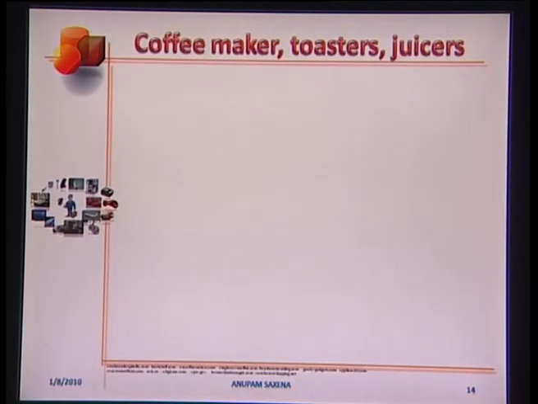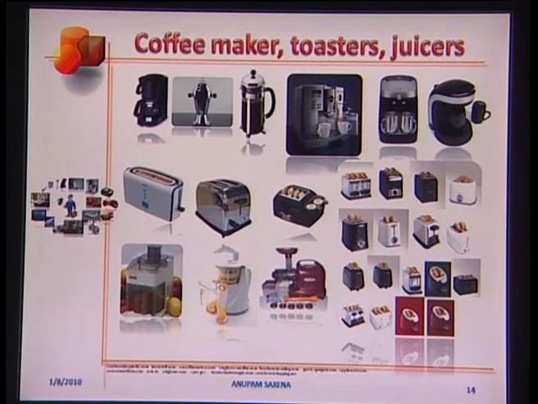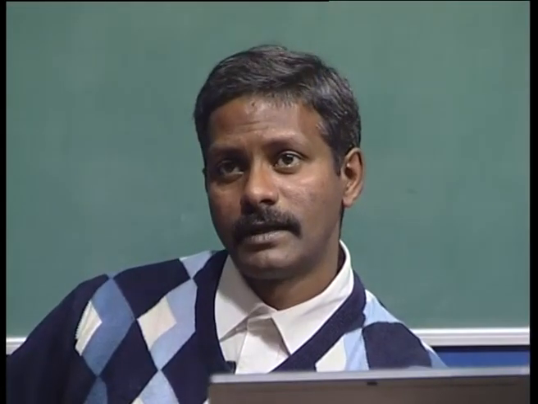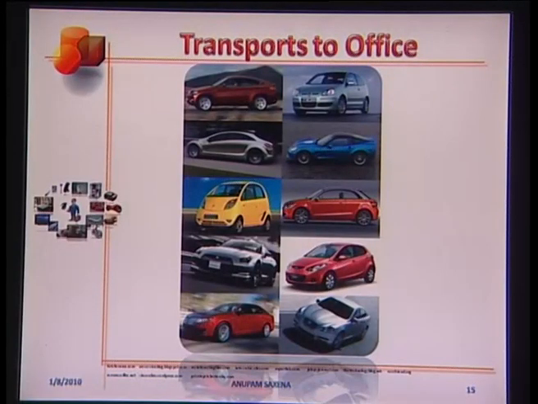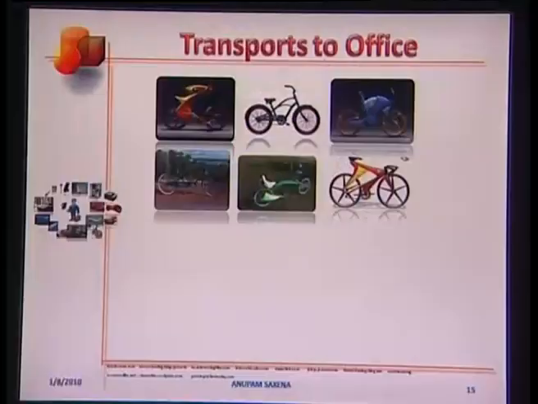Coffee maker, toasters, and juicers. They come with different geometries depending on the quantity of coffee to be brewed, variety, for example, regular, decaffeinated, espresso, cappuccino, how many bagels or bread slices are to be toasted at a given time. Motorbikes. Pick one and go for a joyride or use it as a regular transport. Cars. Again, buy one that you and your family needs most. Choose from cool designer bicycles.